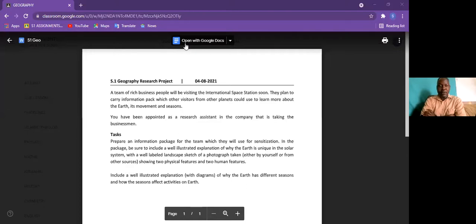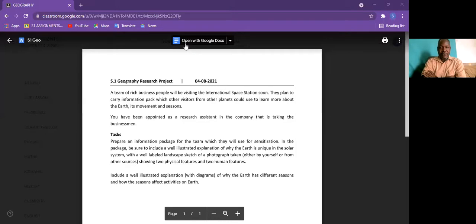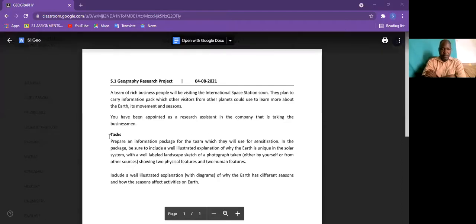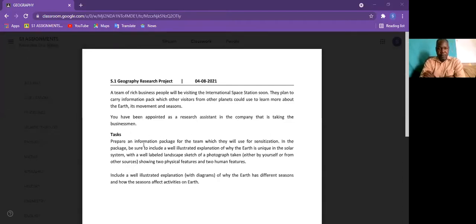Teacher, it says, a team of rich business people will be visiting the International Space Station soon. They plan to carry information packs that visitors from other planets could use to learn more about the Earth, its movements and seasons. You have been appointed as a research assistant in the company that is taking the businessmen. Prepare an information package for the team, which they will use for